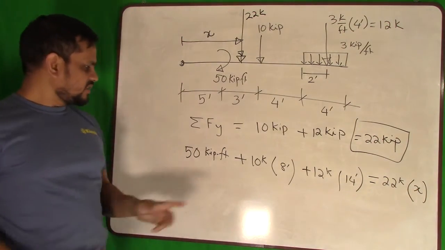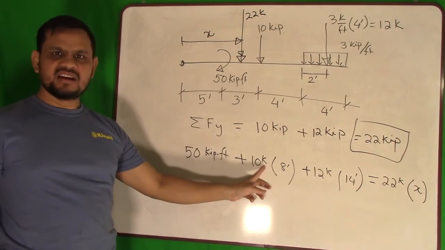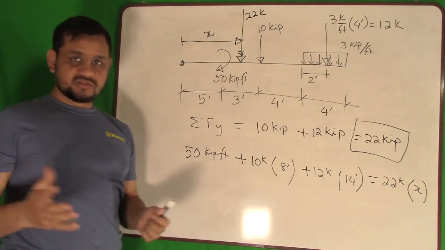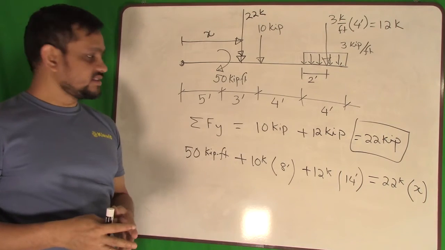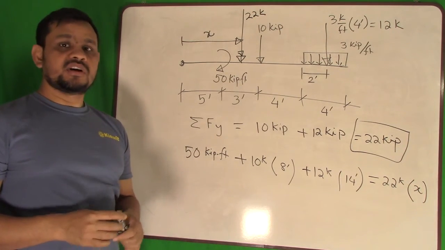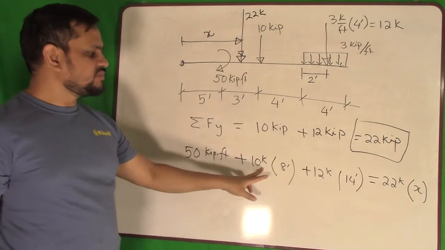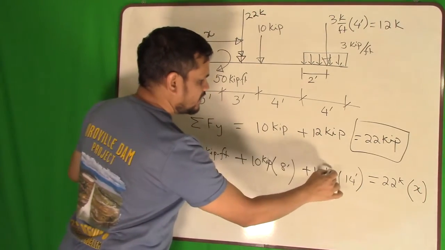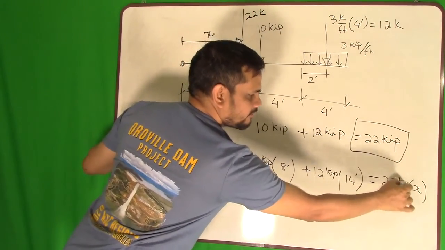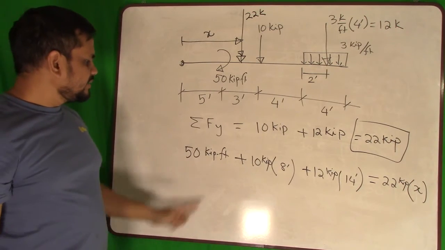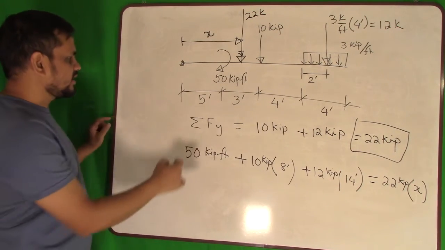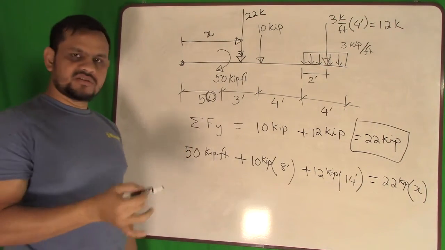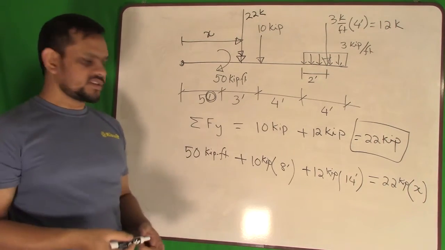Now you can see that sometimes I write kip, sometimes I write K. Actually it is very common to write K for kip. You know that we are very lazy. We do not want to write the entire thing. So K means kip. Not only me, in the engineering community most people use this way. Even sometimes we do not write feet, we write the feet symbol, a single dash. So it is common, and you have to be familiar with this.